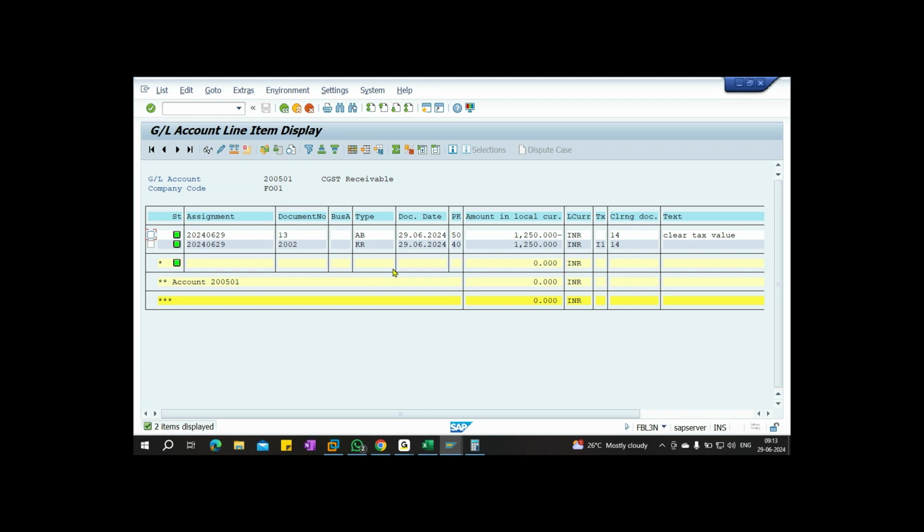See here, open items apply to current assets and current liabilities, right? CGST receivable is a current asset, CGST payable is a current liability. So before which you nullify open item to open item, right?